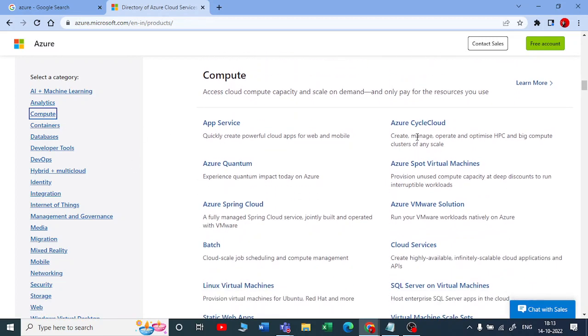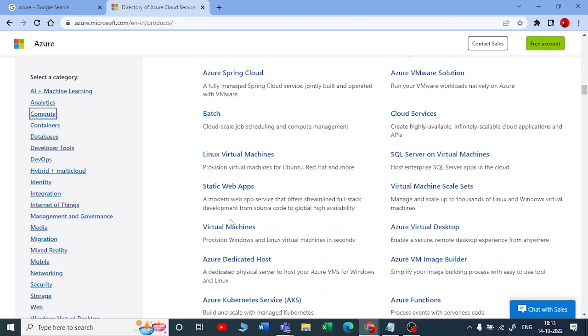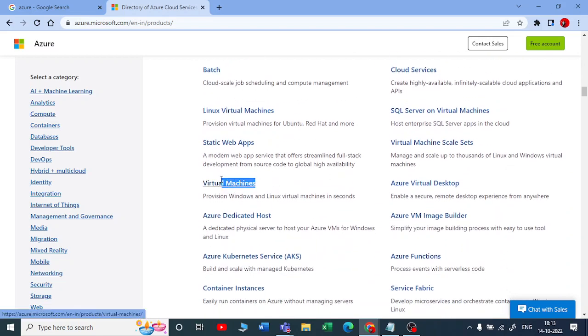In compute, there are different categories, but we will be focusing mainly on virtual machines. With virtual machines, you can set up an entire machine inside a cloud and choose what resources you want, such as how much storage.